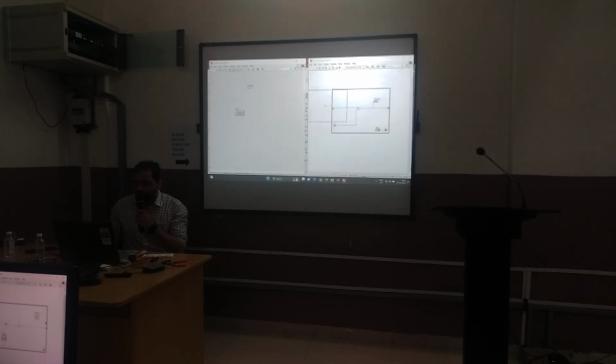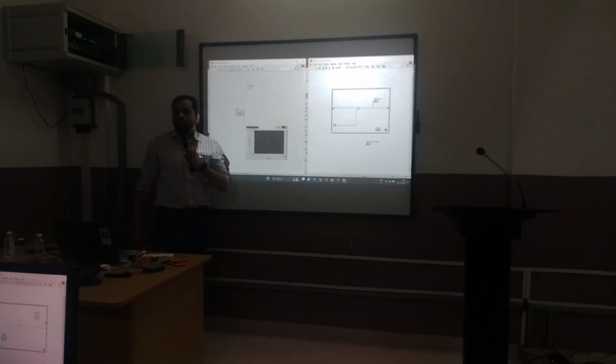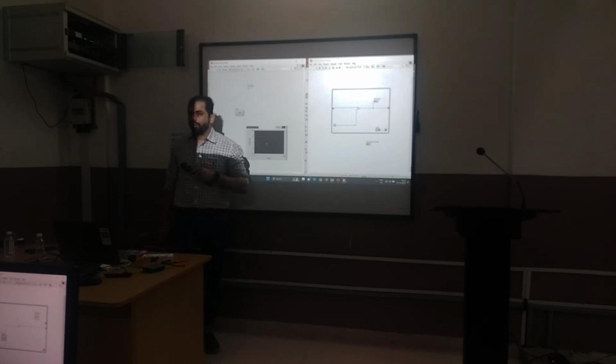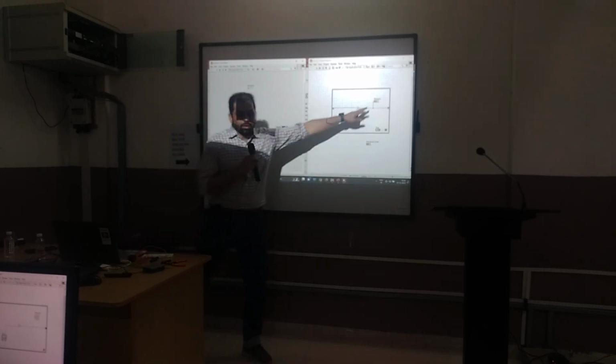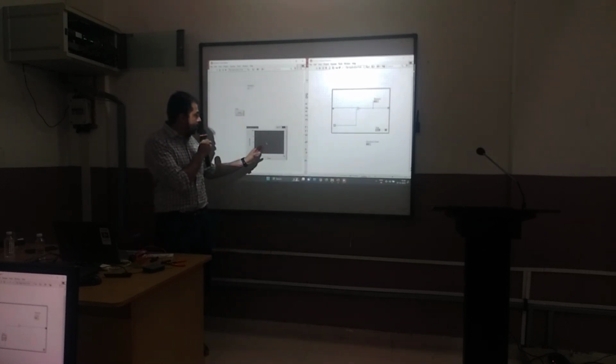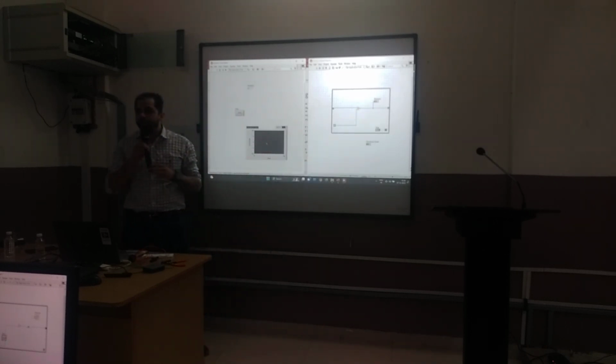Also place maybe a waveform chart. How to connect the output of the numeric indicator? I've just placed a waveform chart on the front panel.